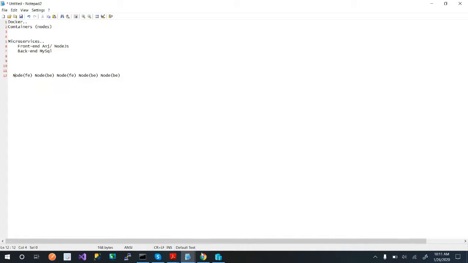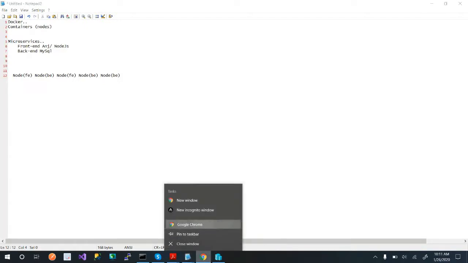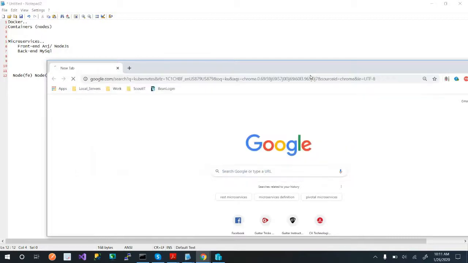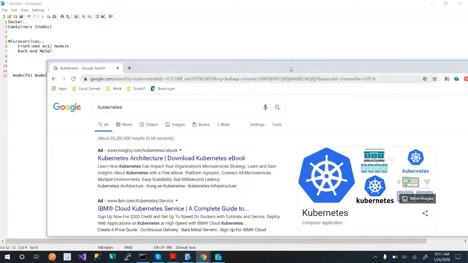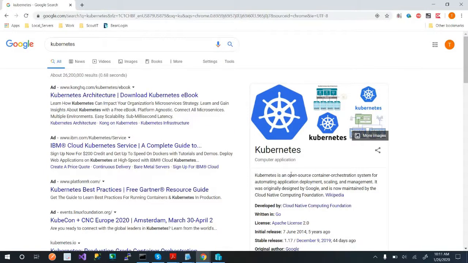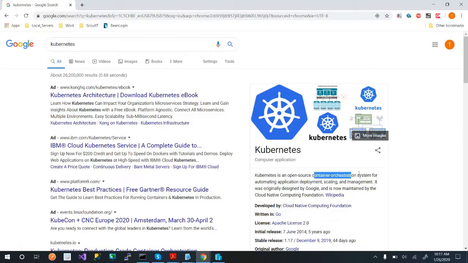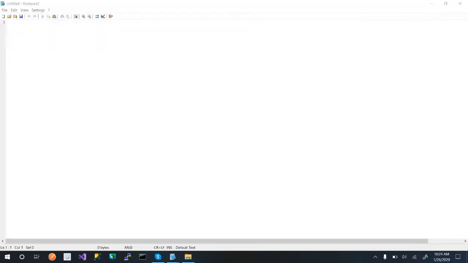Now, if I Googled it, if we just simply Google, see, it pops right up. And it's very simple. It is open source. So if you think about it, it's a container orchestration. I don't like that word, but it's kind of what we're saying. It's an open source product that you can install and run, but what it really does is it manages your containers.